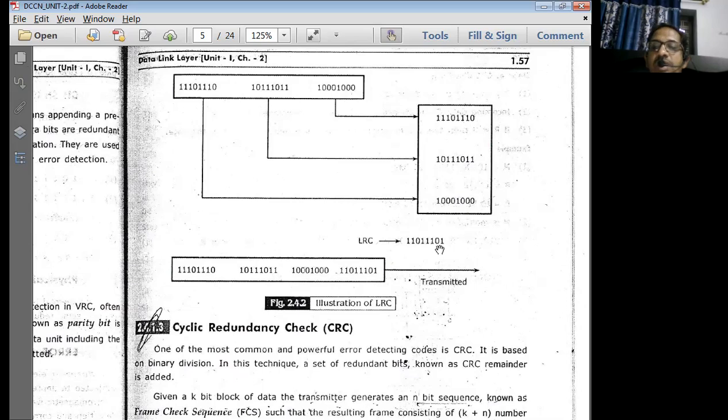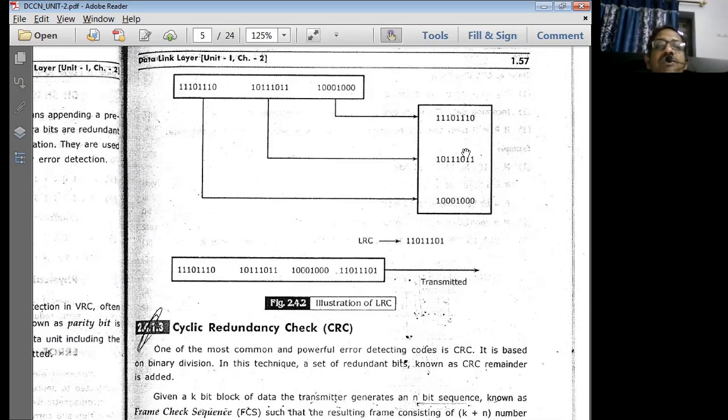I need not add 1 here, so it will be 0. The next bits are going to be something like 1, 0, 0, so therefore it is going to be 1. Like that, the last bits: if you see, all 3 ones means an odd number of ones. To make it even, I have to make it 1 here. So like this, I simply generate an even parity checker by taking the group of these bits.